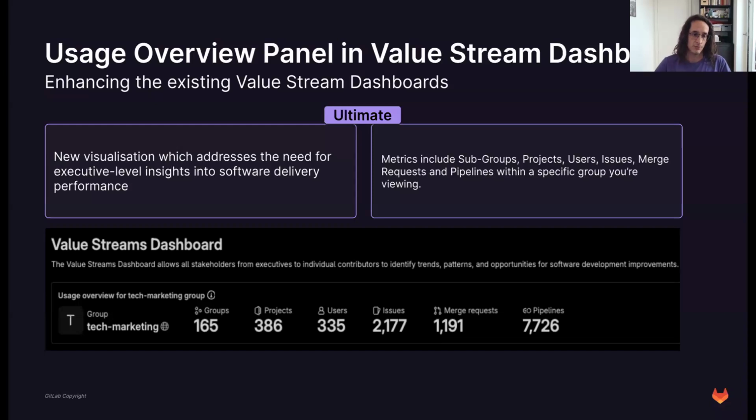So decision makers can see these statistics, sometimes trivial stuff like how many users do we have, how many groups, how many projects, as you can see on the screenshot, but also all the other things that we have in our value stream dashboards, DORA metrics, all that stuff elevated to the instance level, just having this single pane of glass, this full visibility into what's going on in your software delivery projects.